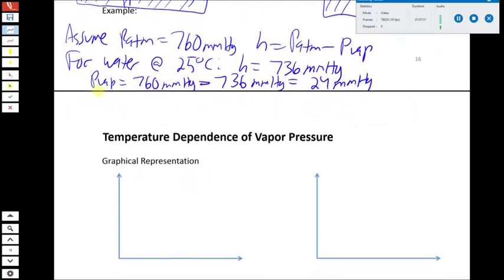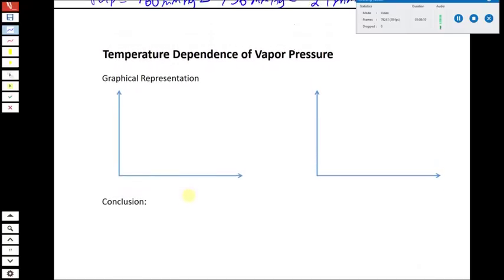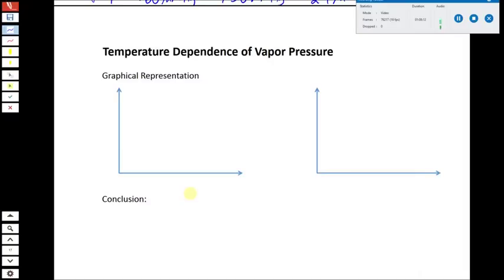Now the next thing we're talking about is going to be the temperature dependence of vapor pressure. All right, so we saw in the previous example where I gave you the vapor pressure of water at 25 degrees Celsius. But what if the temperature is different than 25 degrees Celsius? How does that affect things? So if we think about a sample of a liquid,